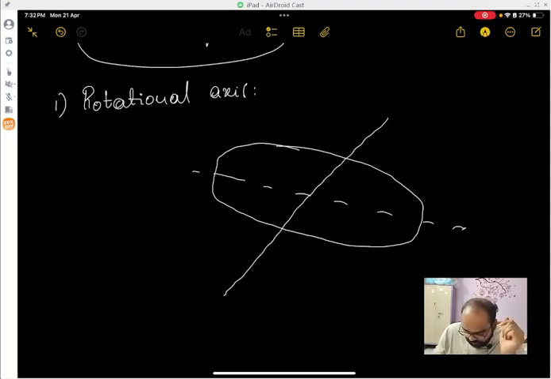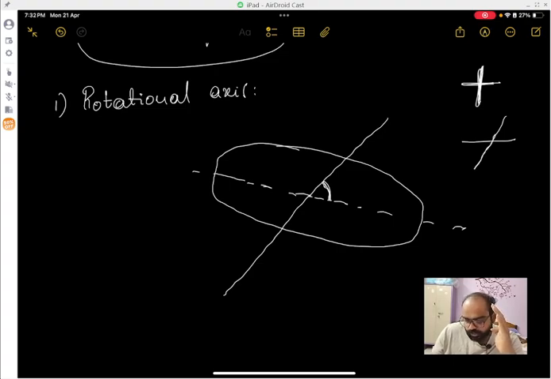This is the tilt. Actually the axis should be like this if it were perfect, but it is tilted. If the orbital plane is like this, the earth is tilted like this. Due to this tilt and also the geoid shape, that is, bulging at the equator,